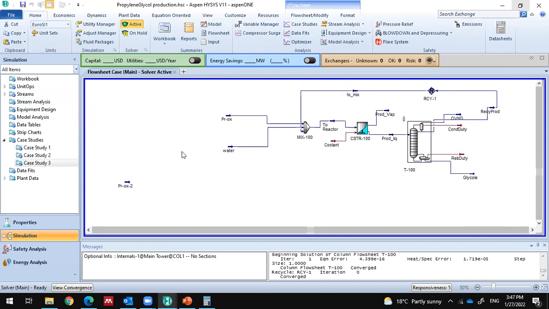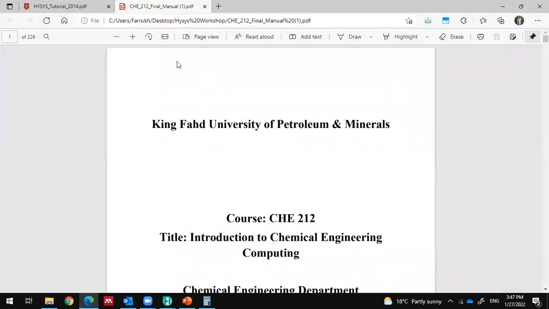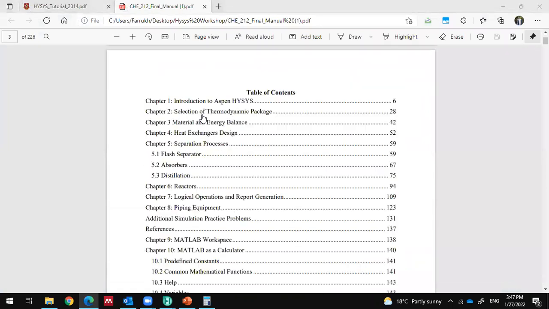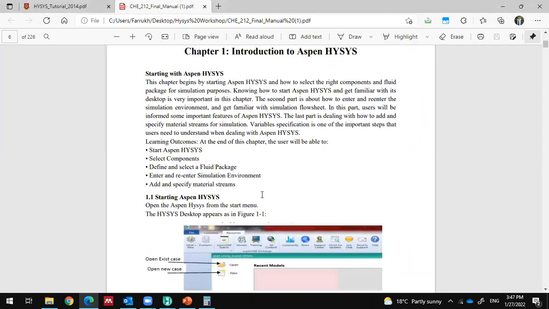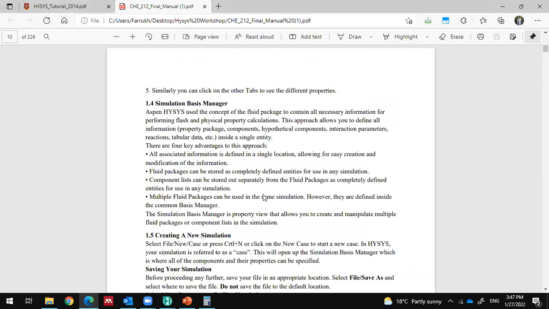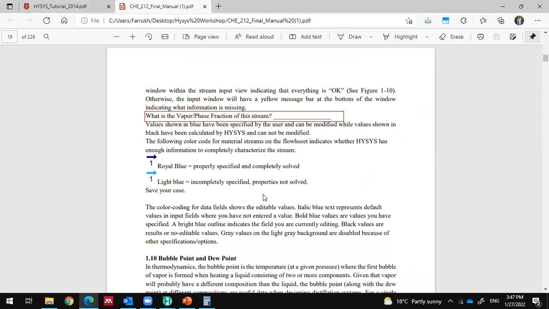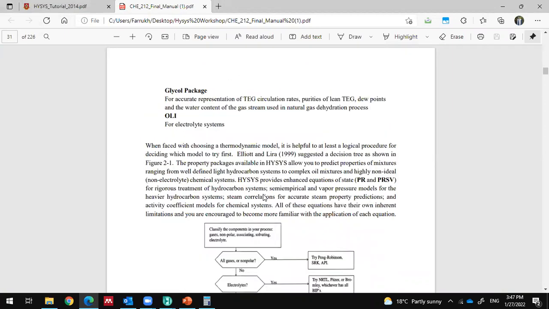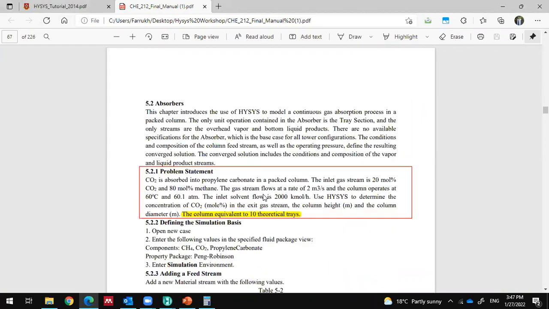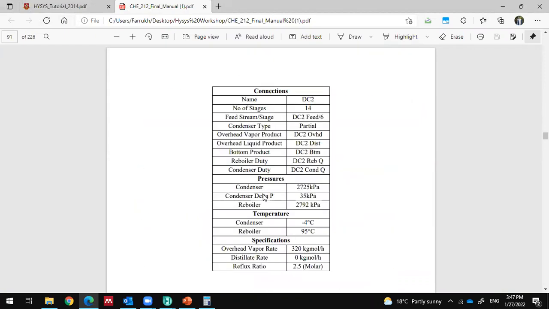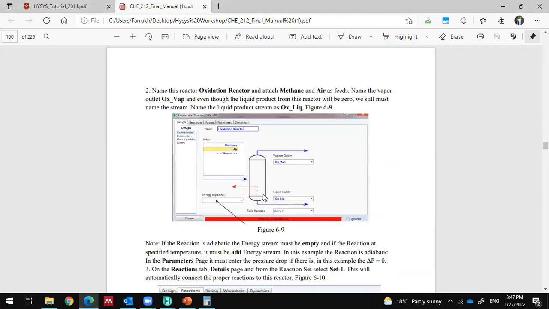And I forgot to tell you at the start that we already have one manual available in the department. You can download this manual. It's for ASPEN Hysys, and you can see chapter 1 is the introduction, and then we have the chapter about the selection of the thermodynamics package and so on. All the heaters and these things are covered inside with proper screenshots and everything. So that will also be very useful for you,